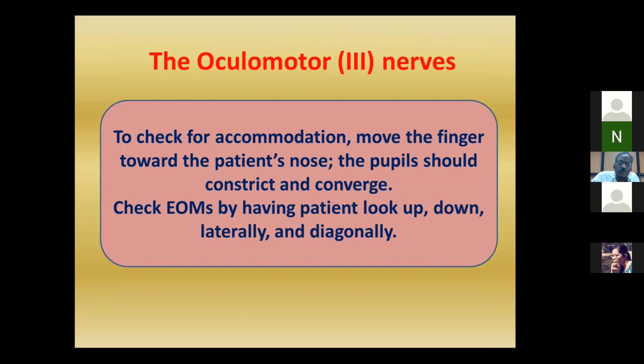So the second nerve, I told you, is the optic nerve: acuity of vision, field of vision, color of vision. Finished. Now we are coming to the third nerve. The third nerve is going to be for accommodation abnormality. It supplies the extraocular muscles, which help the patient look up, down, laterally or diagonally. That is concerned with the third nerve here.